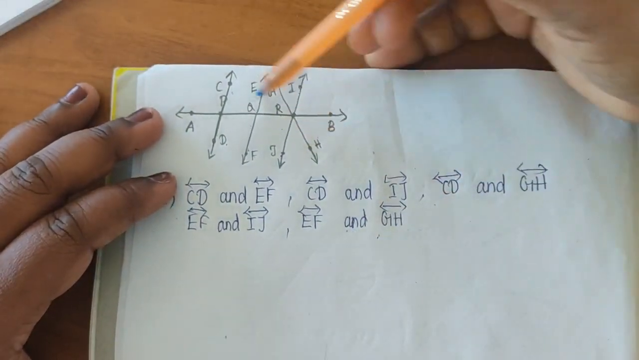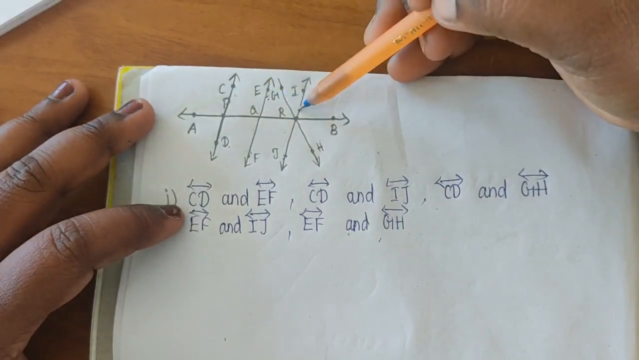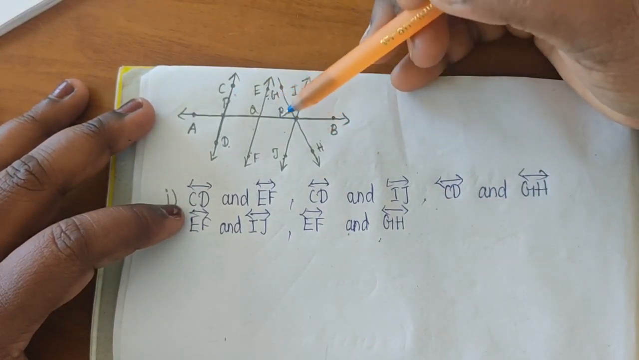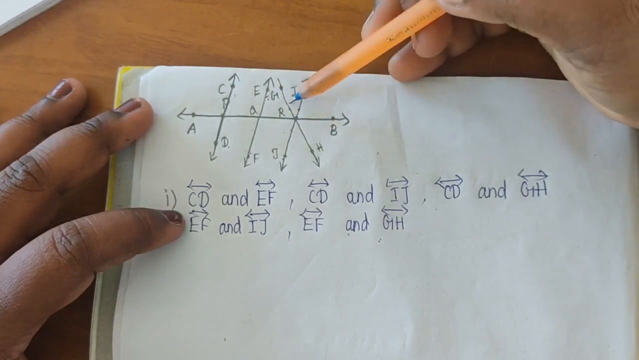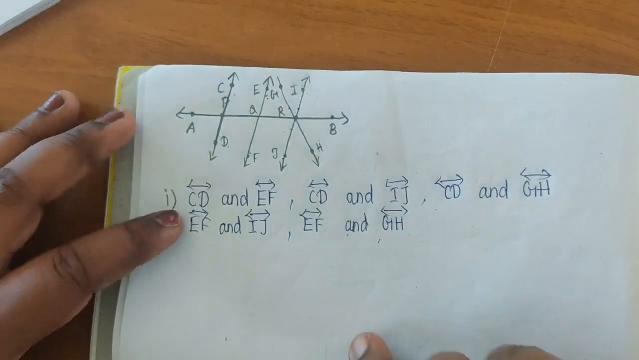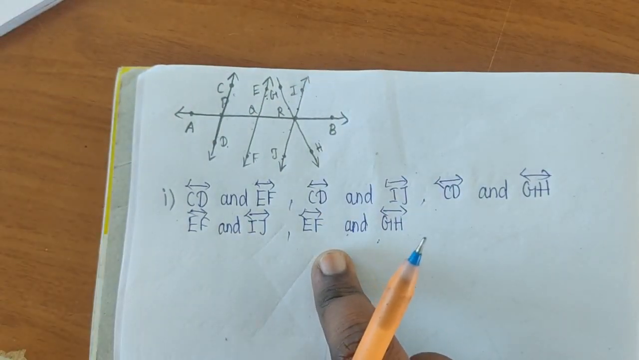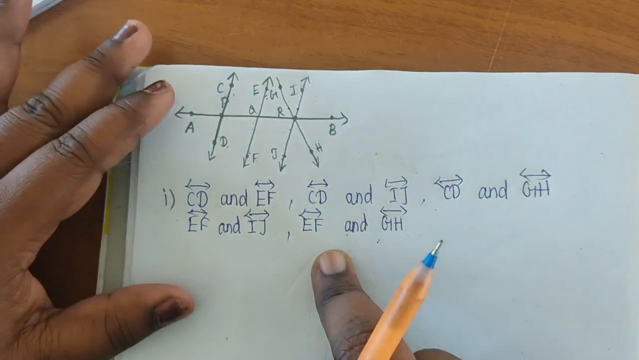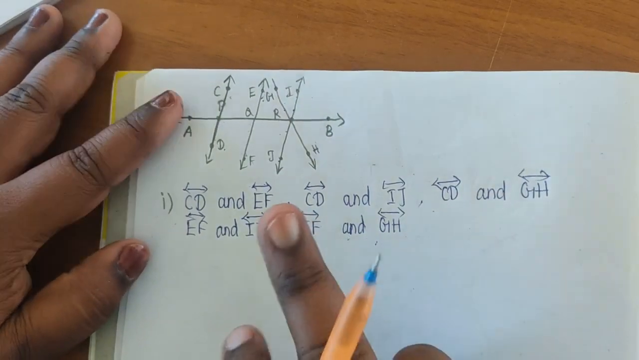Okay students, first parallel lines, this one and this one, next this one and this line. Okay, can you understand parallel lines? How to find parallel lines? Parallel lines are lines that do not touch any other line. Okay students, second one